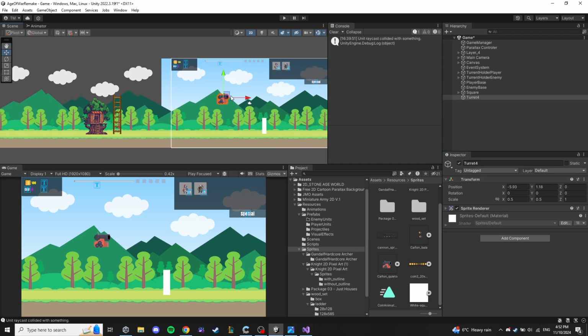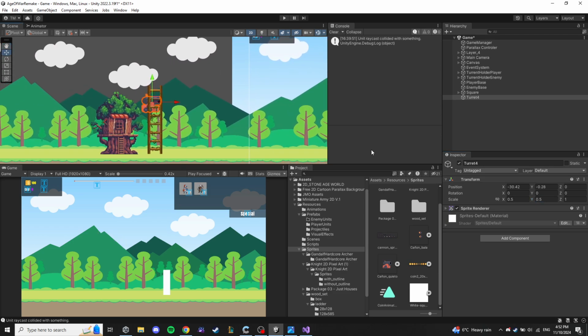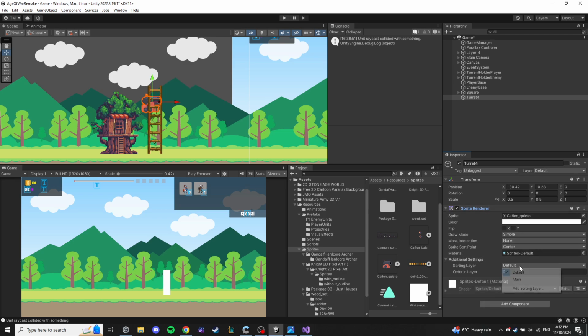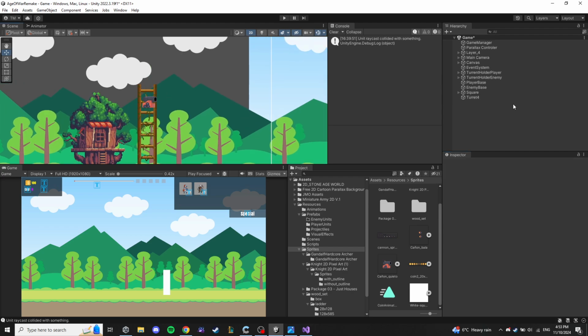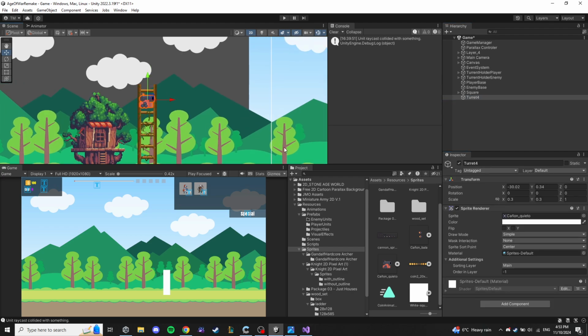And we want this to be in the main above the base, and let's make it even smaller. Okay, something like this. And now